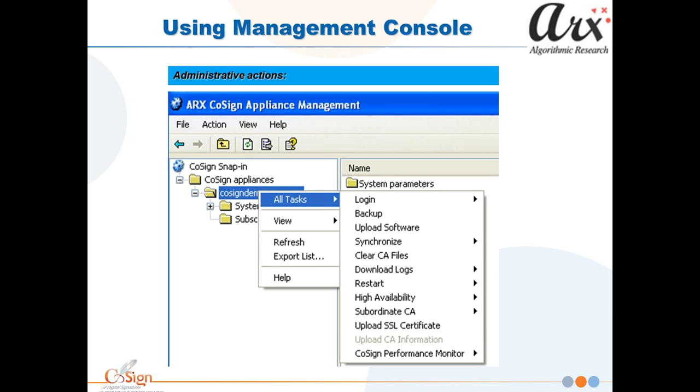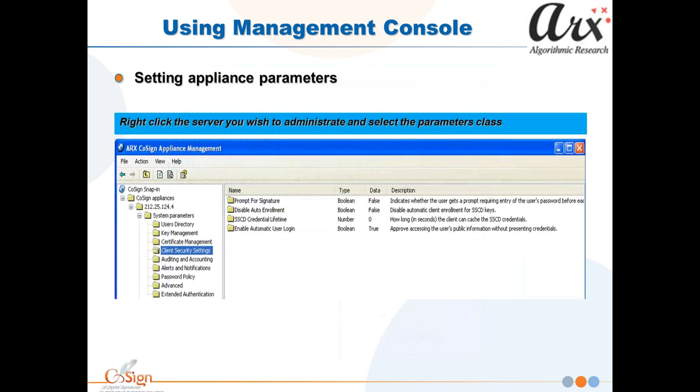The next menu here is high availability. This is how we manage the high availability and load balancing parameters on the appliance, how we manage alternate appliances. Subordinate CA, so this is where we can download the certificate request or upload the subordinate CA information to make CoSign subordinate of another internal CA system. You can upload the SSL certificate, and then there's also the CoSign Performance Monitor, which we'll get into in later slides as well. Okay. So let's keep going and using the